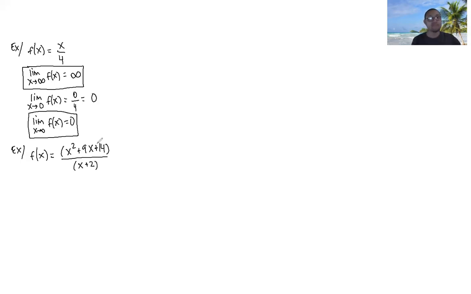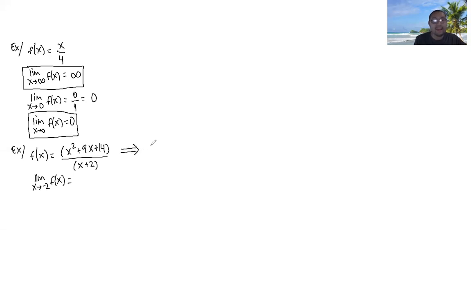All right, awesome. So if I gave you this function, and I wanted you to evaluate the limit as x approaches -2, and I want you to determine what value the overall function approaches. Notice that if you were just to plug in -2 for x, the top would be fine because that's just going to turn out to be some number. The main point is if you were to plug in -2 for the bottom, the bottom turns into 0,